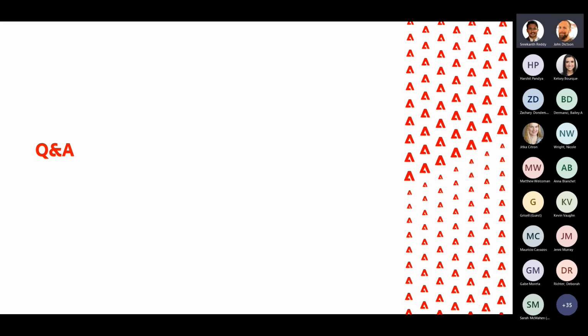Okay. Let's see. One thing we didn't cover, where does the file live? So I see a question here about the PDF integration. Where does the file live? So for PDF integration, you can use a file that's hosted anywhere. It's an API that we're using from the Adobe Document Cloud. So that file can be hosted on your domain. We don't have storage for it, so there's not a place for you to upload the file. It does need to be hosted somewhere already. You're just referencing a URL